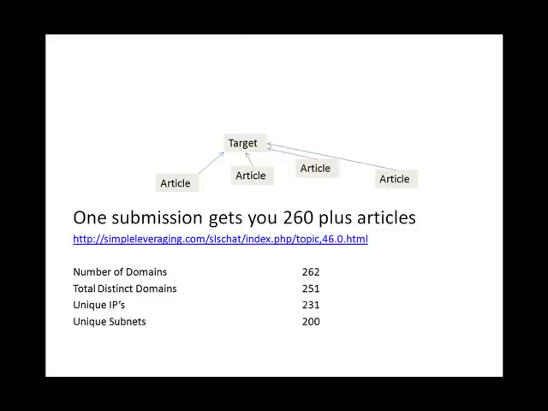Now that's where it gets really interesting, because as far as your backlinking and your backlink landscape is concerned, that gives you a massive range of IPs to link to. And underneath that, within that, you've got 200 subnets. Now, a subnet isn't exactly the same as a C-class IP, but it's near as damn it.